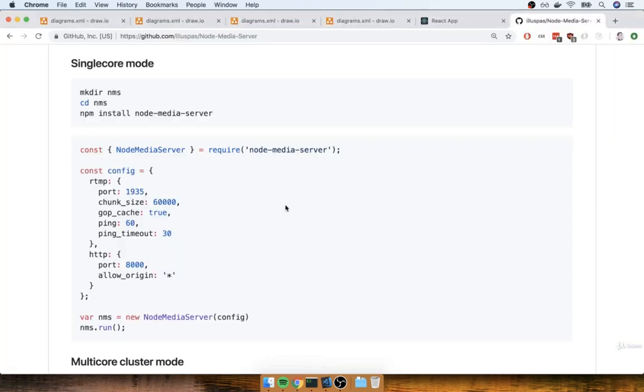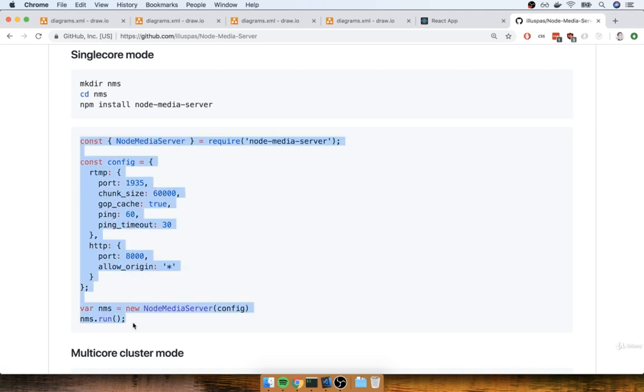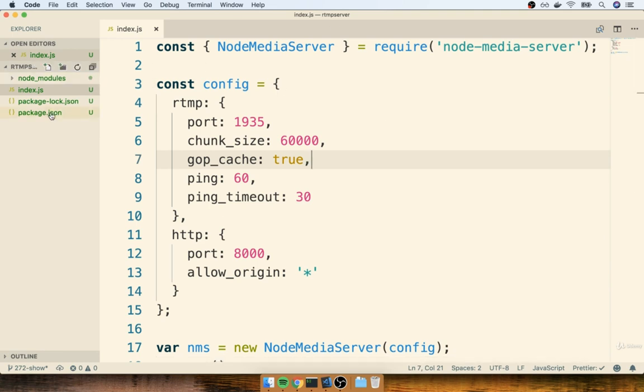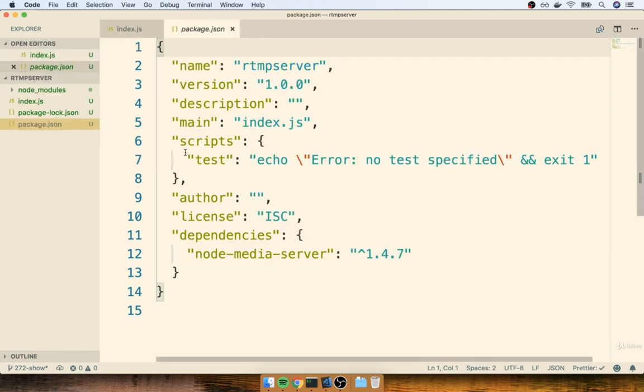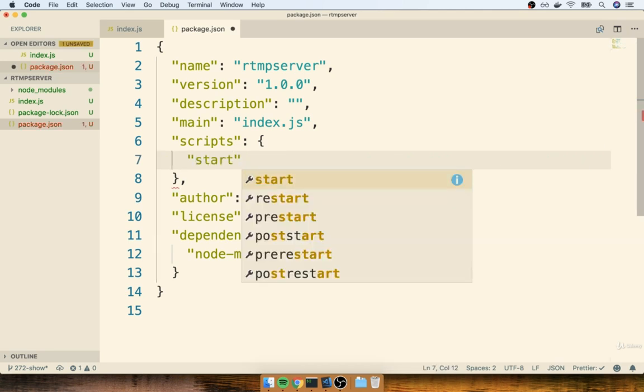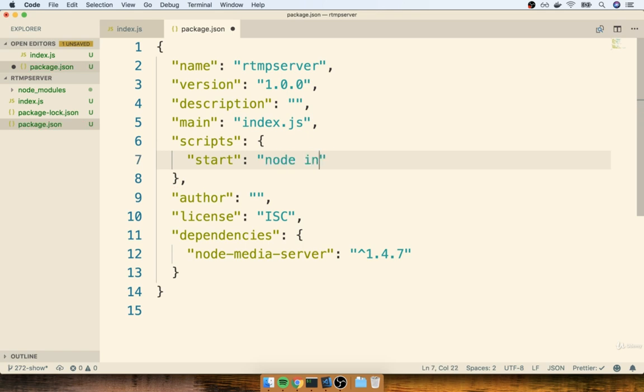I'm going to go back over to the GitHub repository, copy this example code right here, and then paste it inside of the index.js file. I'm then going to save this file, and then to start up our project, I'm going to open up the package.json file, and I will add in a new script inside of here and replace the existing test script to start up our project. So I'm going to delete test, and I'm going to add in a new script called start. Anytime we run that script, we're going to run node index.js, like so. Okay, and that's pretty much it.